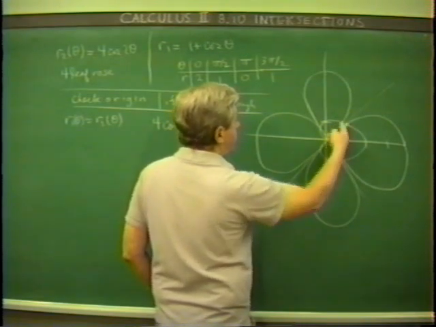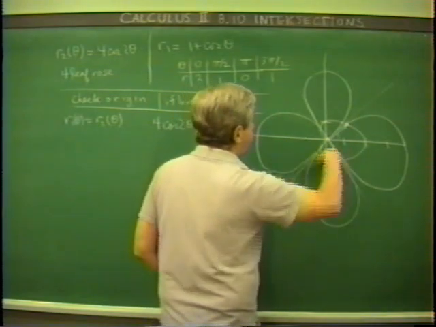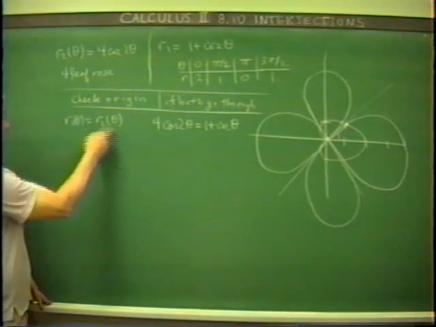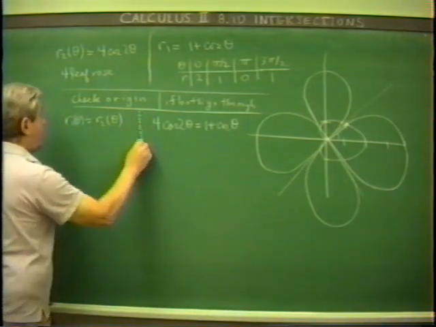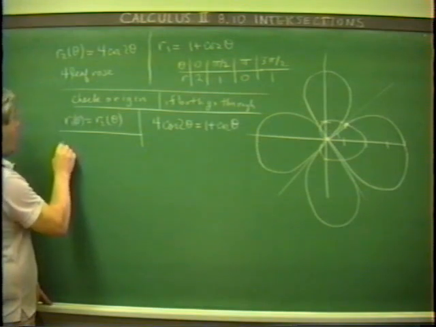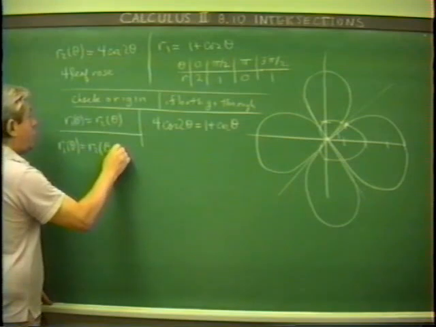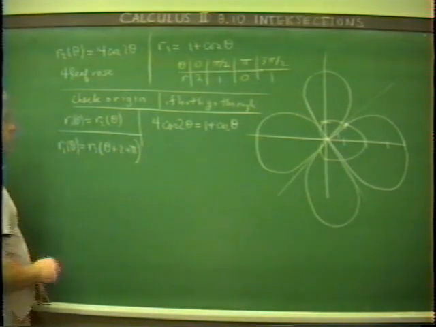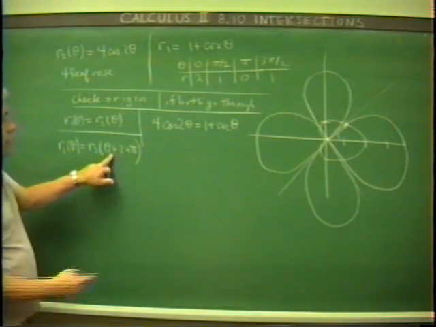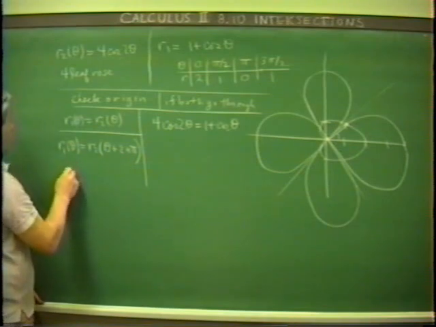Now this intersection right here, the second intersection, occurs when this angle is like so, but where's the other angle? It's back over here, huh? That's to say, this is graphed over here, much later, all right? Much later can be taken account of if you not only solve this equation right here, but you also solve when is R1 of theta equal to R2 of theta plus 2n pi, right? It's possible that R1 of theta has the same value at angle theta that R2 does,